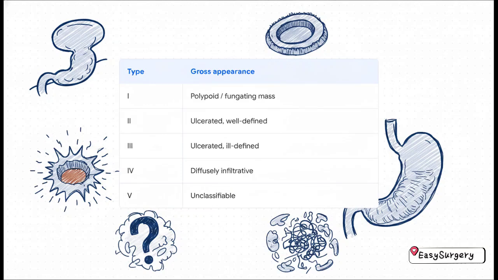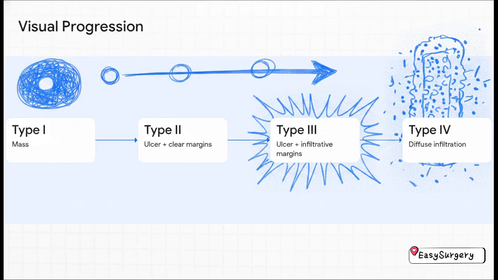You know, it really helps to build a mental timeline of how this disease progresses macroscopically. Think of it like steps. Step 1, type 1. You start with a localized, distinct mass. Step 2, type 2, the center of that mass necroses, so you get an ulcer, but those margins are still clear. Moving to step 3, type 3, that ulcer starts aggressively invading the surrounding tissue, so your margins get ill-defined